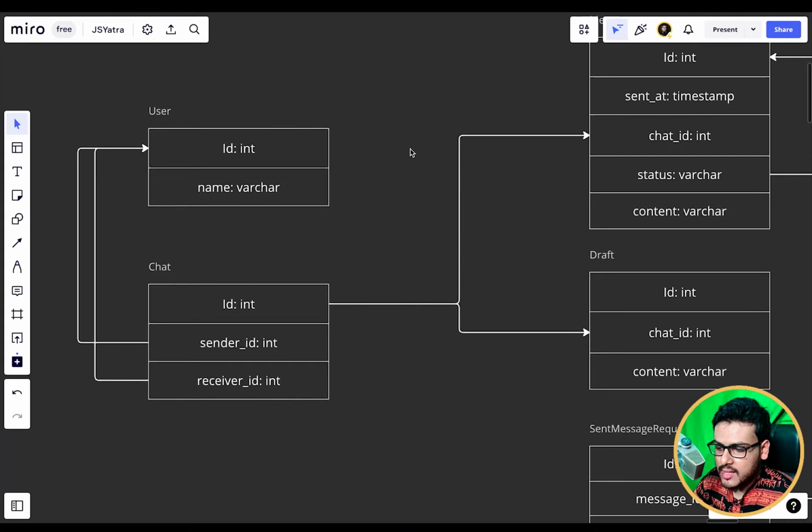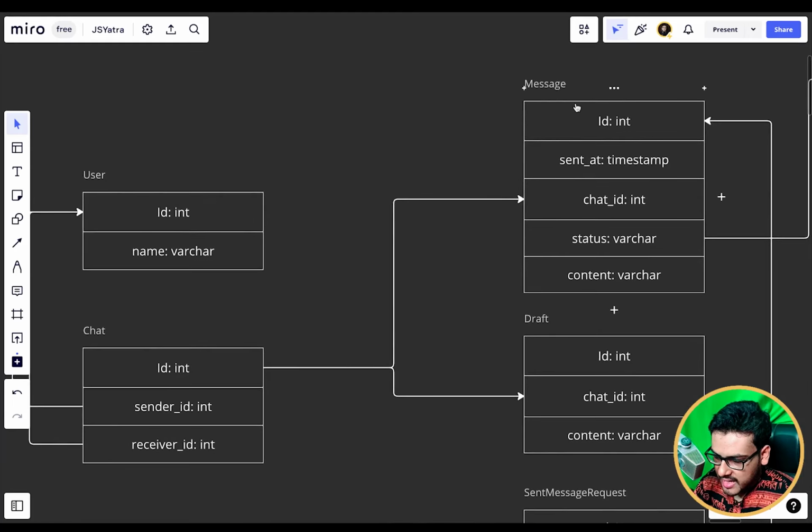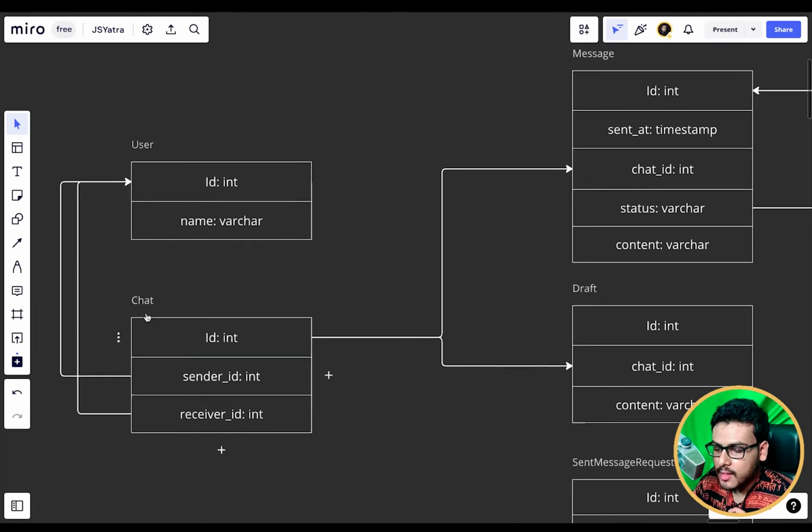So let's suppose there is a communication between user X and user Y. This message entry belongs to a set of conversation, and that set of chat is identified by this chat table. So if user X is the sender and user Y is the receiver, then the sender ID will have X, the receiver ID will have Y, and there is some ID. Now if I use this ID over here, it is telling that whatever message I send, let's say it was hi, it belongs to user X and Y. Okay, this is what this chat table is conveying.